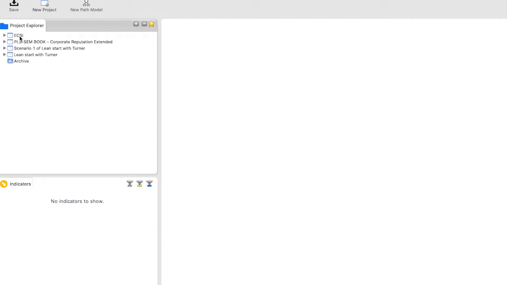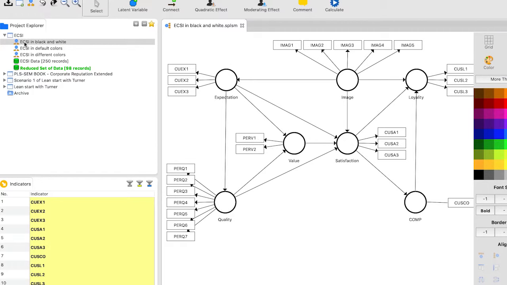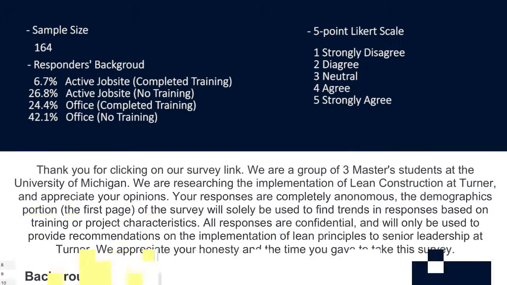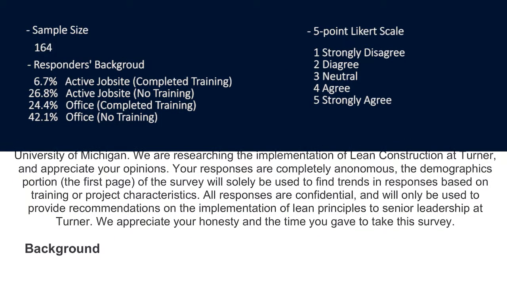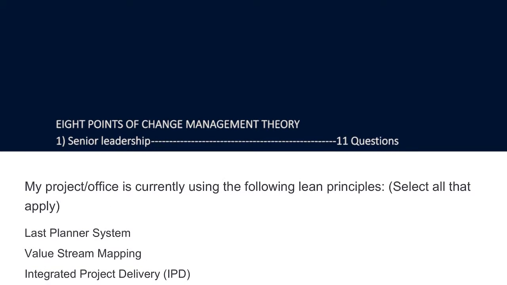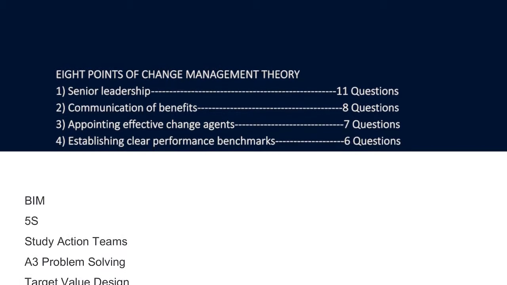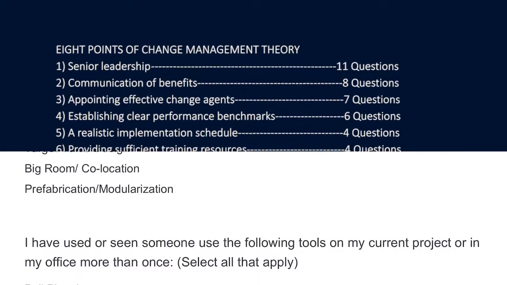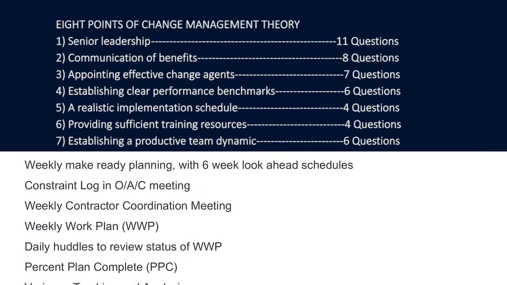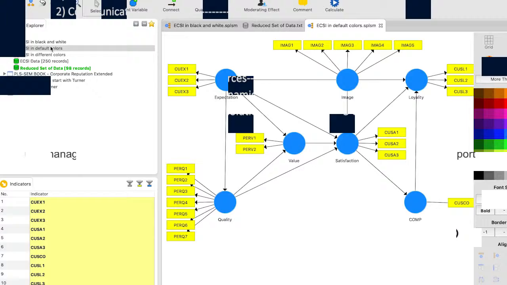Structural equation modeling is the statistical methodology to impute relationships between variables. It's an ideal tool to process the survey data and review the inner correlations. As the basis of SEM, the survey was formed by a 5-point Likert scale and 8 points of change management theory. The objective of the questionnaire was to identify the issues in successful implementation of Lean practices based on the change process, such as awareness level of adoption, training details, and motivation to go Lean.